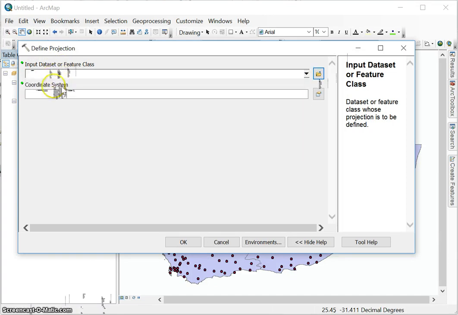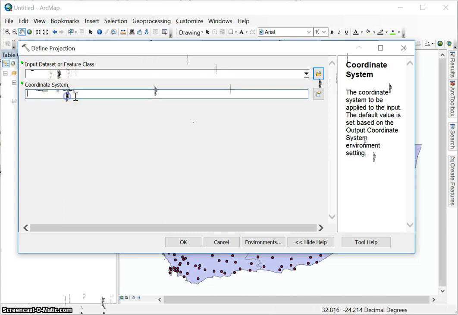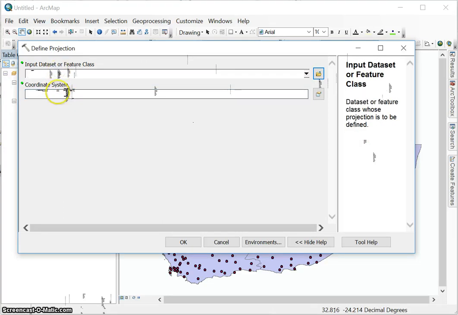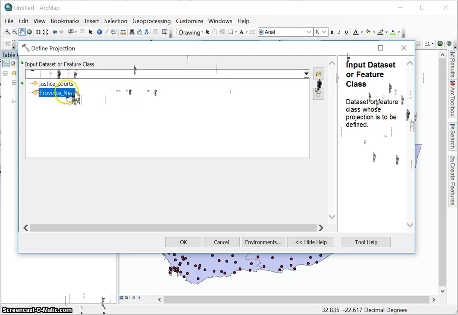Now, any tool that you will use will have a little help feature here. If you click on one of the fields, it gives you a short explanation of what needs to be the input or what needs to happen there. So in this case, input data or feature class whose projection is to be defined. In this case, it's going to be justice courts because that's the one that is currently undefined. So we click there,